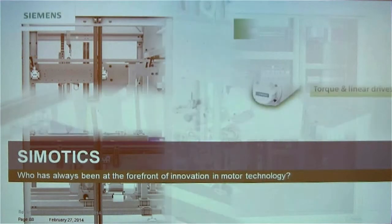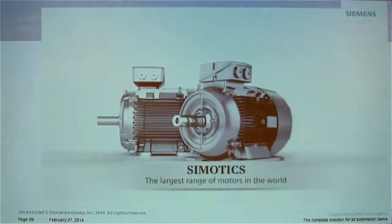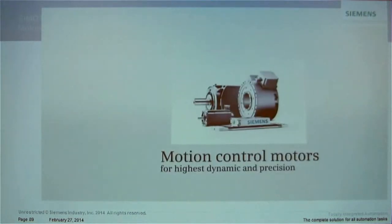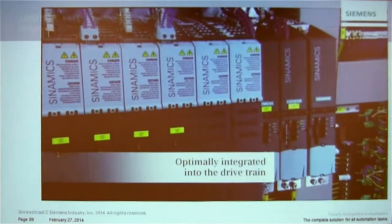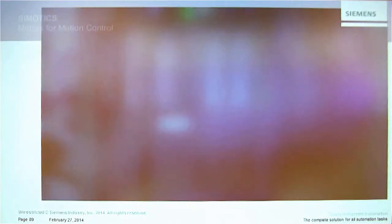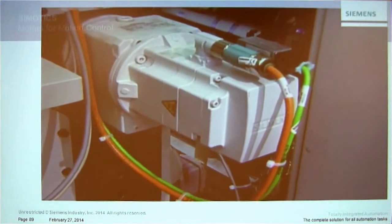Well, you take a drive, you've got a PLC that's hooked to the drive, now you've got to hook the drive up and make it do something. We have a complete range of motors. Again, you're going to have the same theme as Colin discussed and I discussed with the drives. We have a complete range of product. Siemens makes the product. We own the life cycle and can manage it. We optimize the motors to go with the drives,